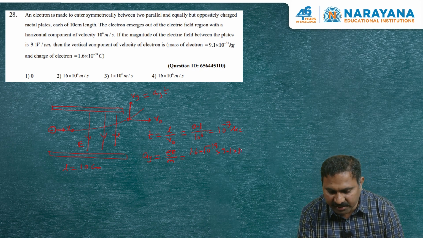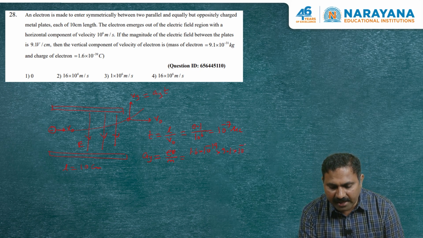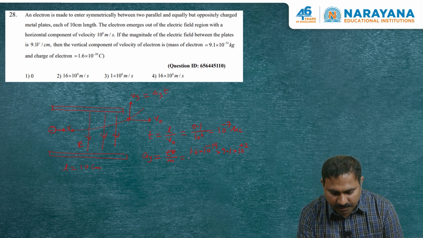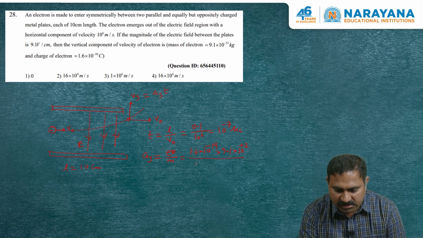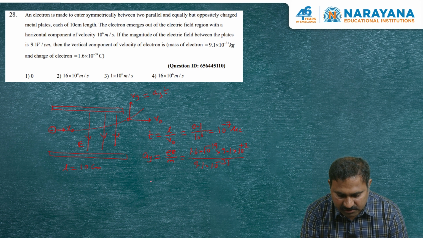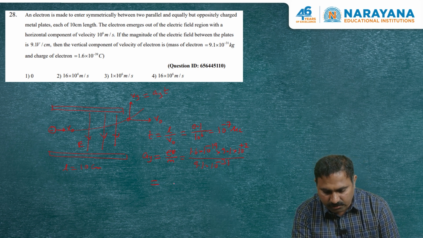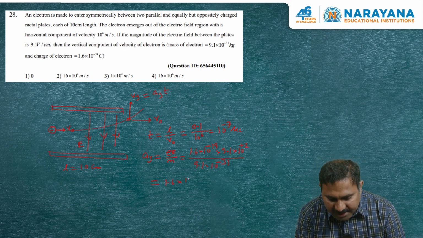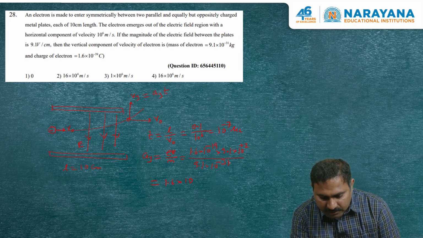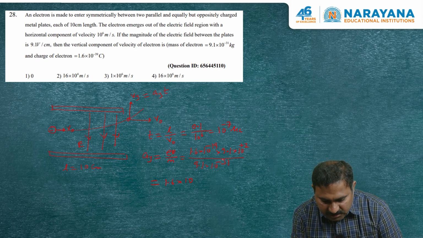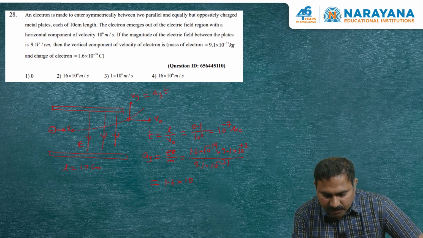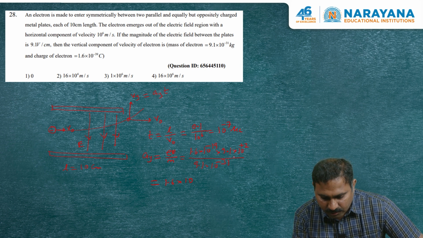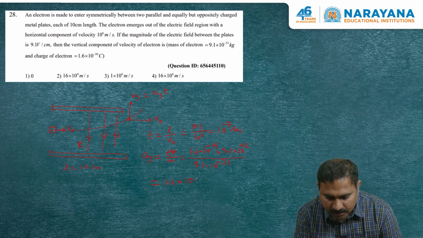Converted into SI units, it will be 9.1 into 10 power 2. Now, mass of electron is 9.1 into 10 power minus 31 kg. So, the y component of acceleration comes out to be 1.6 into 10 power, 10 power minus 19 by minus 31 will give 10 power plus 12,